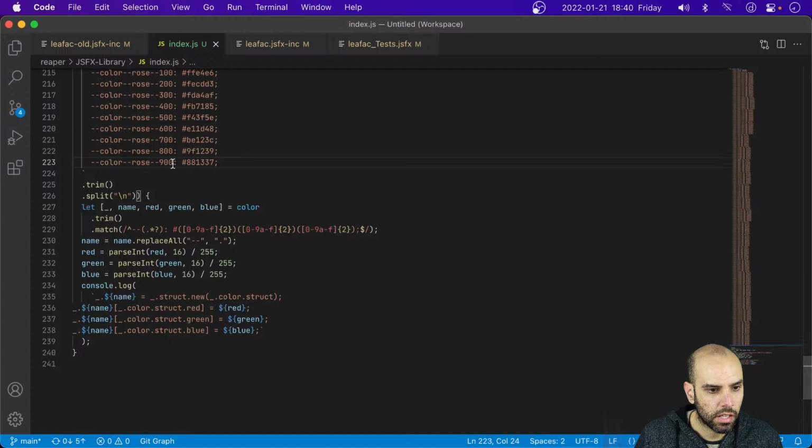Then this, then dash, and then 2 digits for the red, 2 digits for the green, 2 digits for the blue. Then semicolon, end of match. Then I end up with name, red, green, and blue. The name, I just replace all the dash dashes with dots. Then the red, green, and blue,